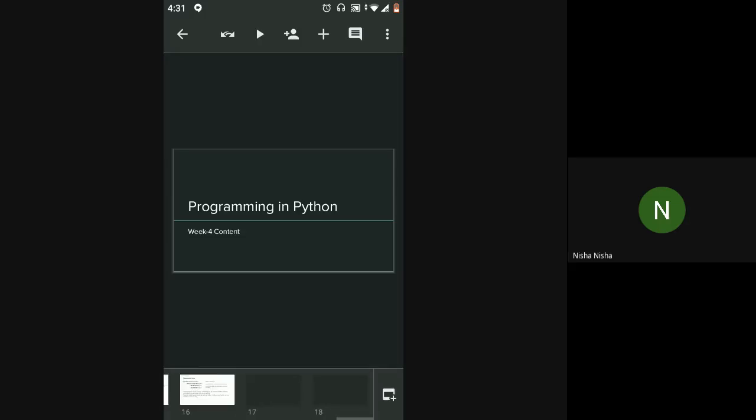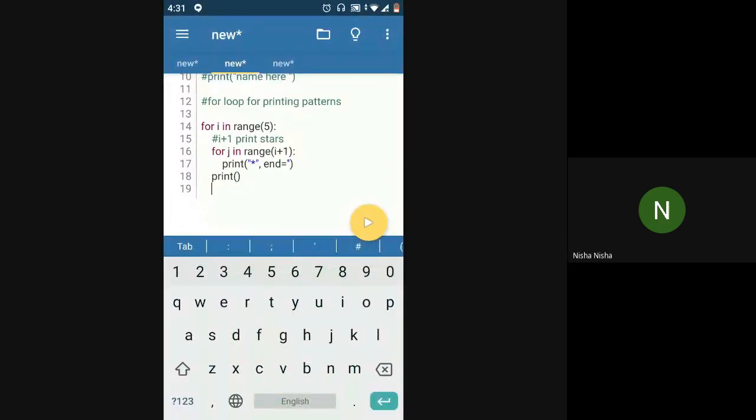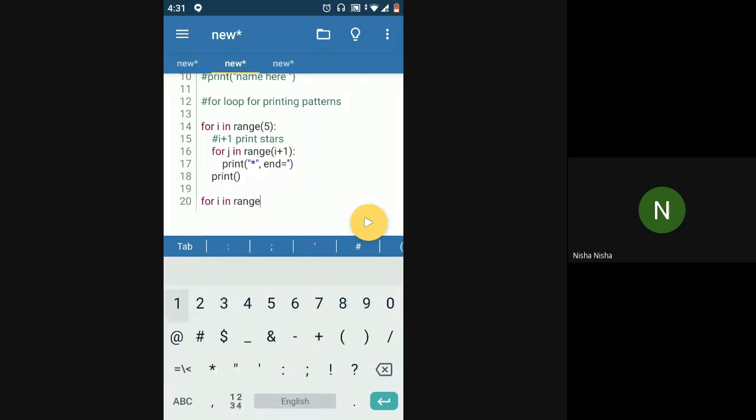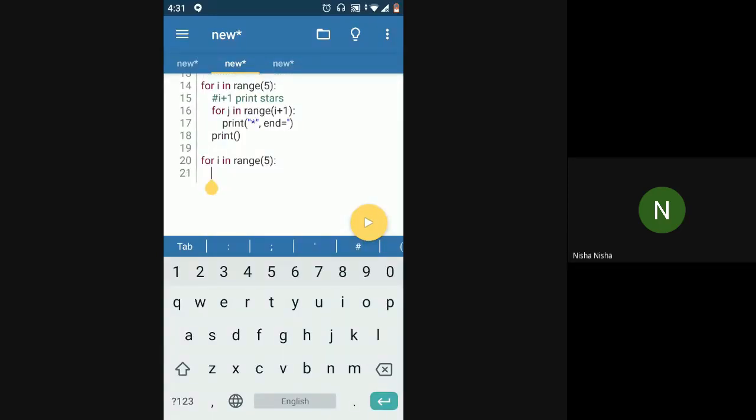So yeah, this is how it works in other languages. You can use a double for loop, but in Python it is actually even simpler, just as I showed before, right? So I can directly say range 5, fine. This will give me 5 lines of whatever I'm putting inside the code block. And now I know that for each line I have to print i plus 1 stars.